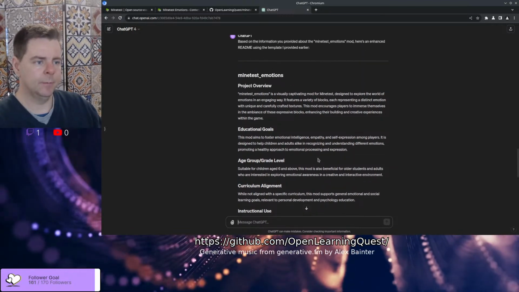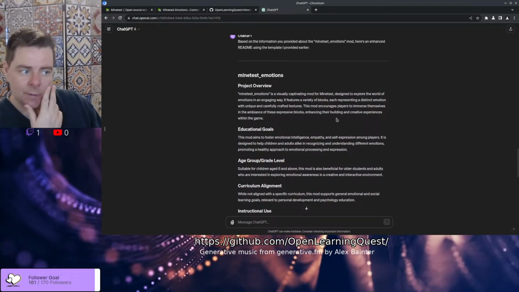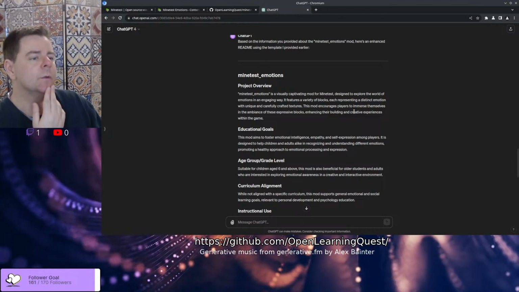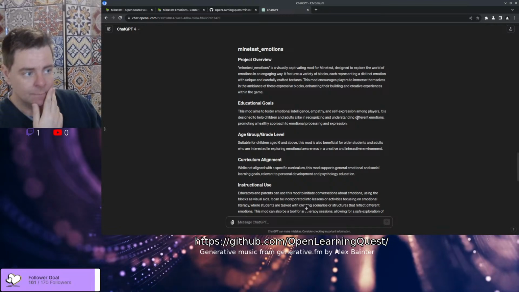Okay, here we go. So now we've got Minetest Emotions. Minetest Emotions is a visually captivating mod for Minetest designed to explore the world of emotions in an engaging way. It features a variety of blocks, each